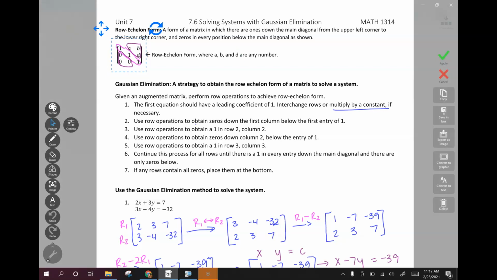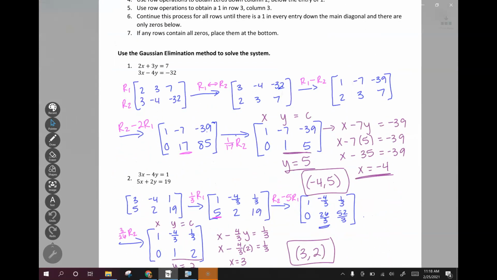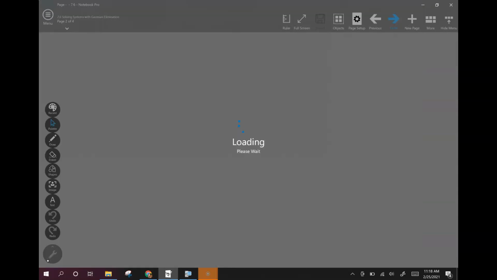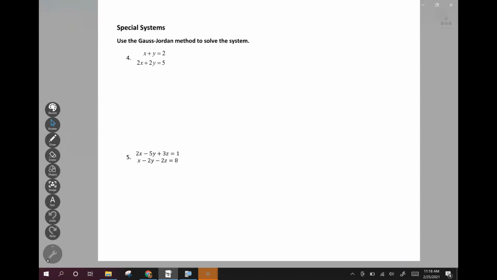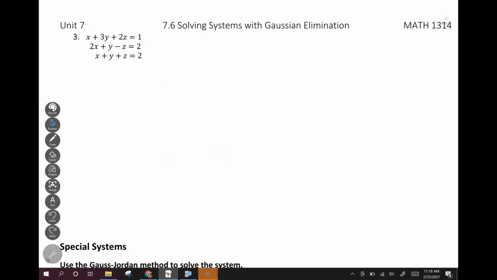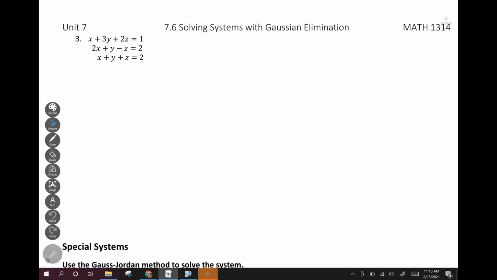Then we went through a few examples where we solved equations by first getting the matrix into row echelon form and then using substitution to solve for a variable. We did that with two equations in the last video. Today, the first thing we're going to do is three equations with three variables. So we're going to solve this system of three equations with three variables